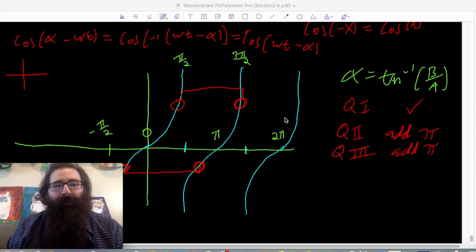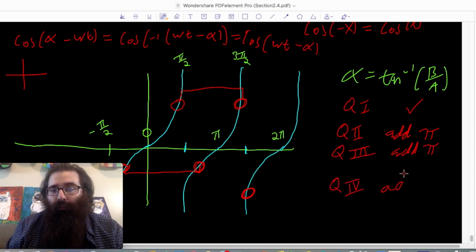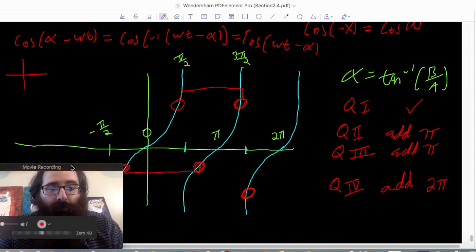It's not that bad. Let's say I was in quadrant 4. So if I'm in quadrant 4, that means A is positive and B is negative. So then I should have some value that's between 3 pi over 2 and 2 pi, which would actually be this little piece of the tangent here. So then maybe that's, for example, let me just draw something different. Maybe that's right here, right? And this would be quadrant 4. Well, in this case, we're going to have to add 2 pi because,